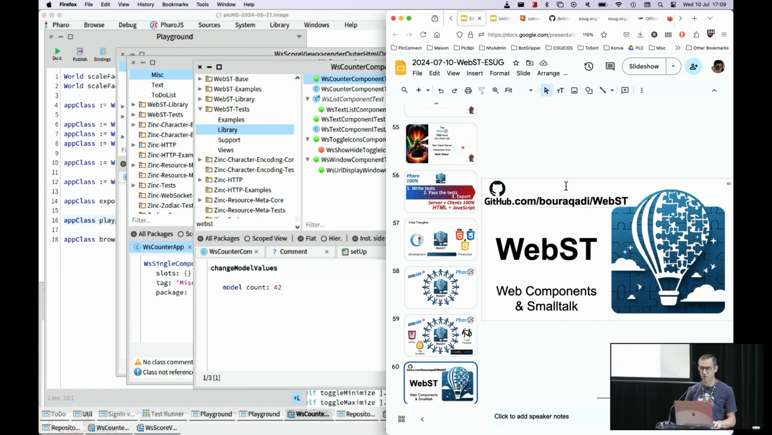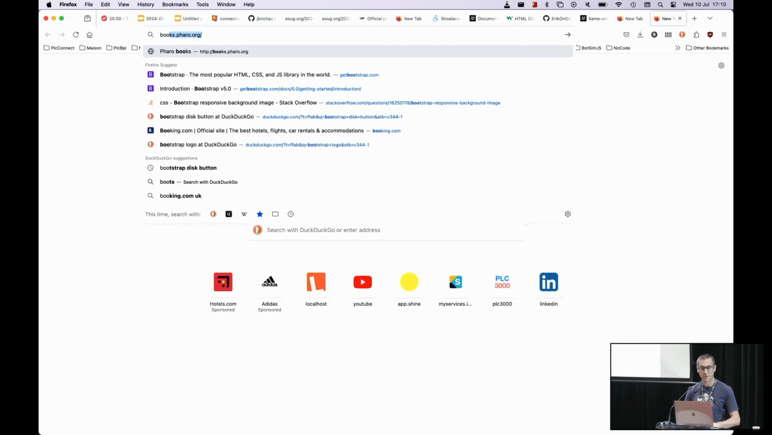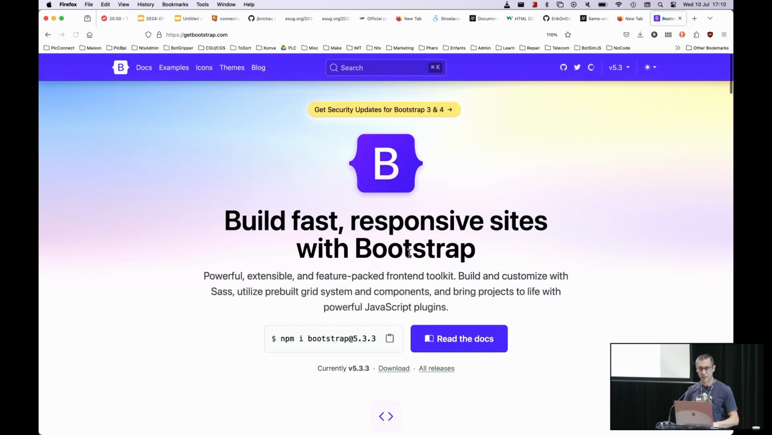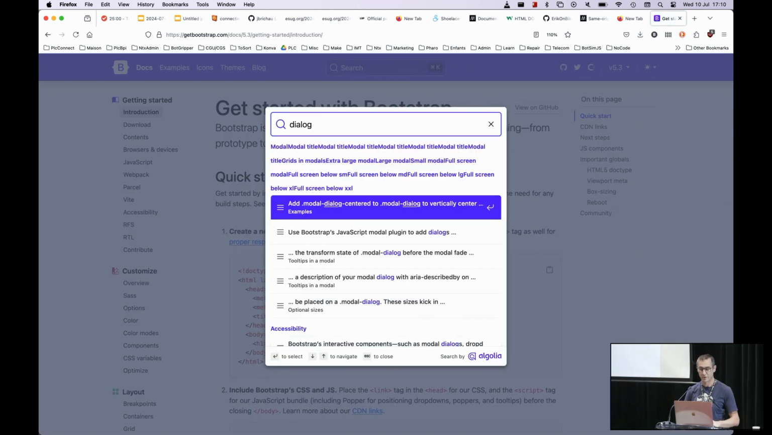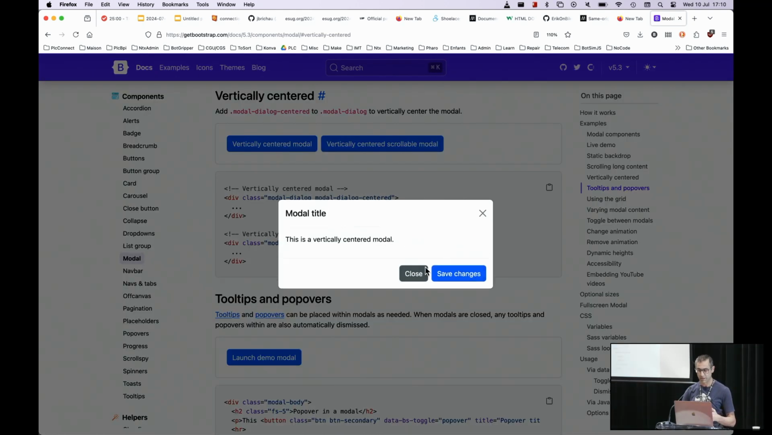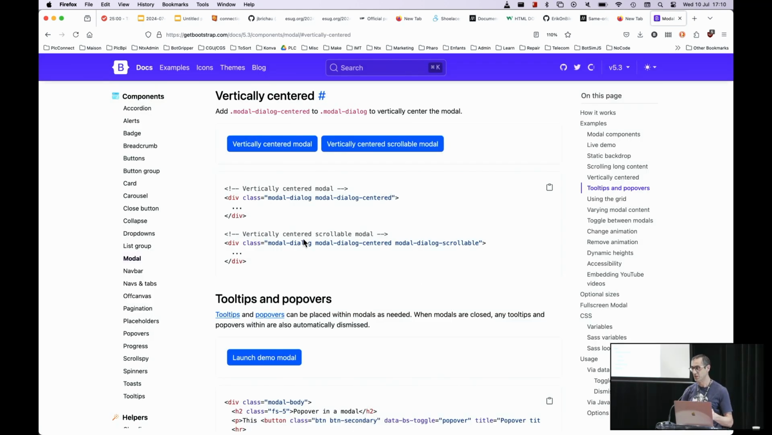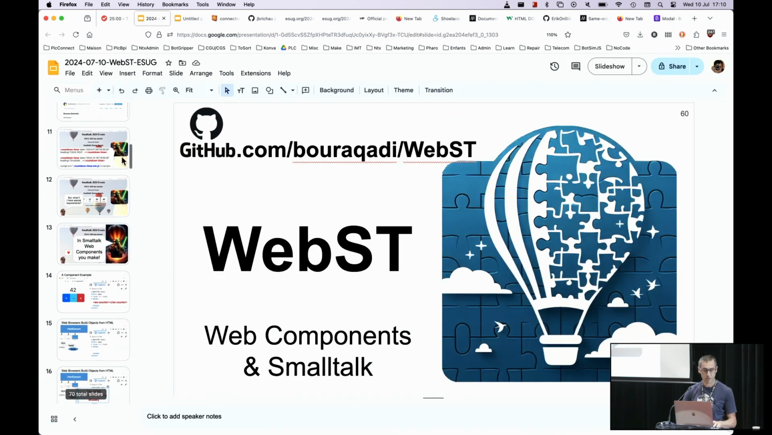OK, I want to use Bootstrap, where is it? Bootstrap, yes. I want to use some dialog. OK, give me the dialog and how it works. And then from there, analyze the HTML, go to Faro, reproduce it, and we have it. And that's it. And we start with this, and the goal is to go to my